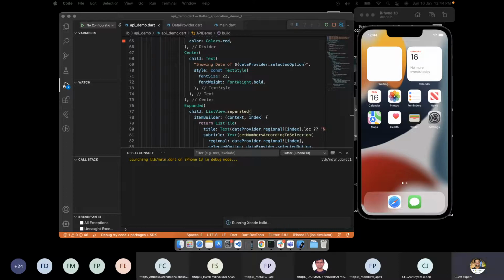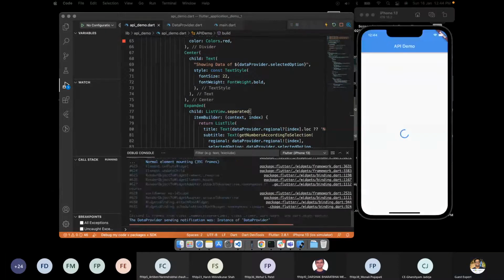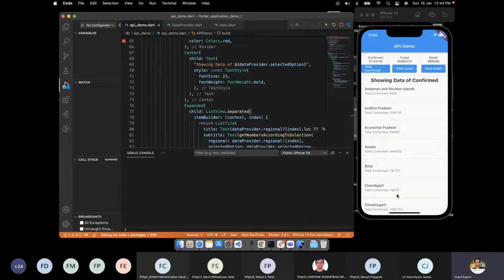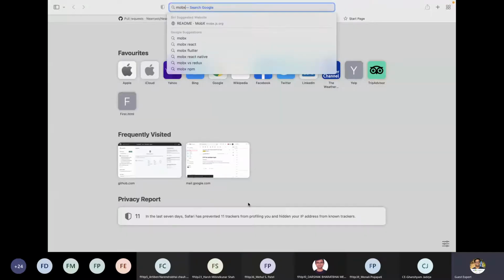So Mobex is a very famous framework, especially in web development. So if anyone has done production ready web development, like any enterprise level application or anything, you might have come across this Mobex library or Mobex framework. One of the experts from India itself has implemented the whole Mobex, which is based on the web, for Flutter. So the app is working here, and let's just go to the Mobex.